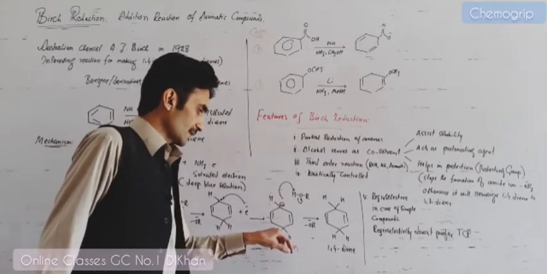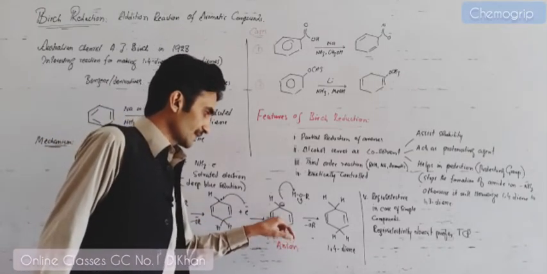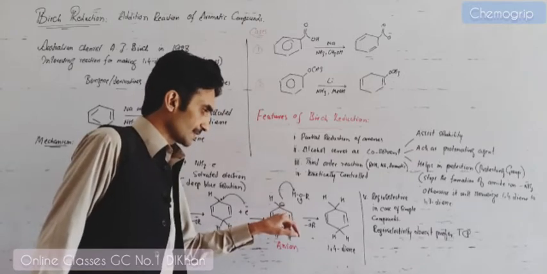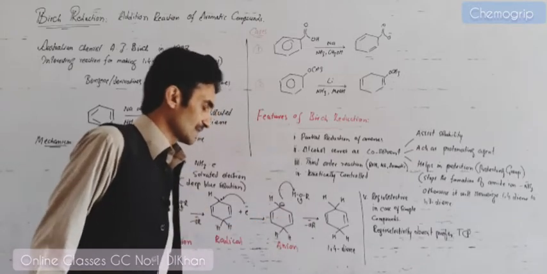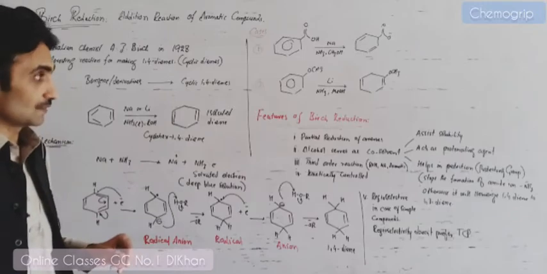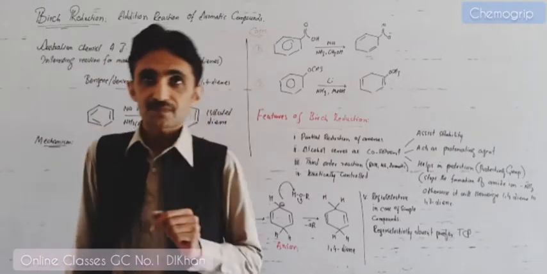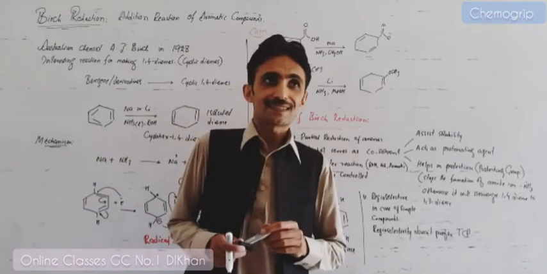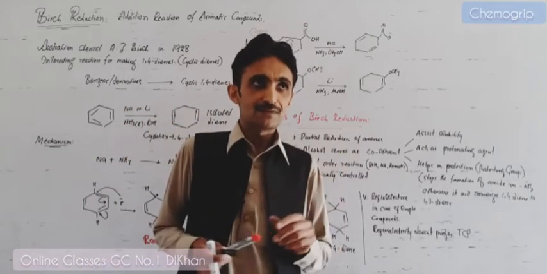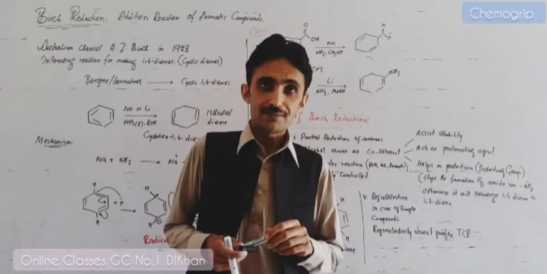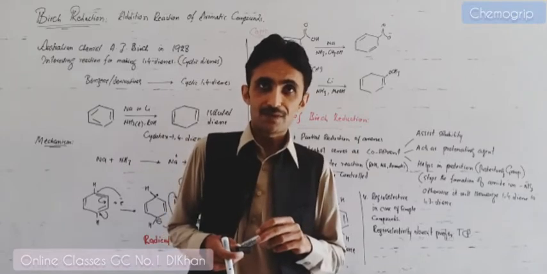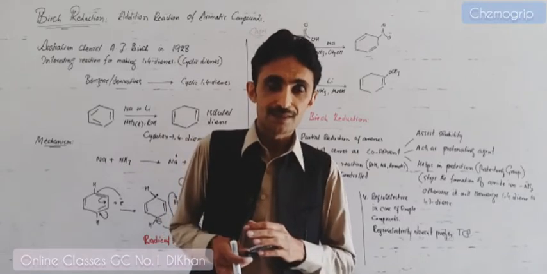So once the second carbanion is obtained, it is protonated again for the second time and ultimately gives rise to formation of a product known as 1,4-diene. Here are two important cases with respect to Birch reduction reaction. For example, here we have focused on a simple aromatic compound such as benzene, which is a starting member, but